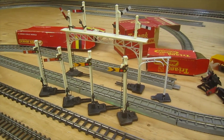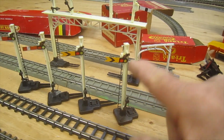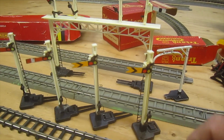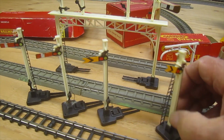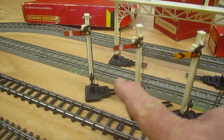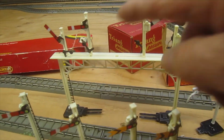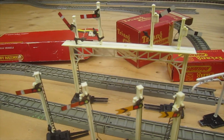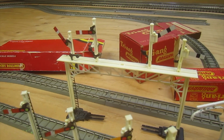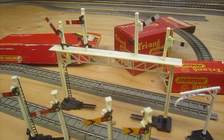Okay, there's a bit of a cluttered look there, but anyway, we got two distant signals. These are metal bases with plastic signal poles. Two distant, two home signals, and a gantry. And there's special meaning to these signals being set up the way they are. Might get into that later in the video, but might be difficult on this particular layout,